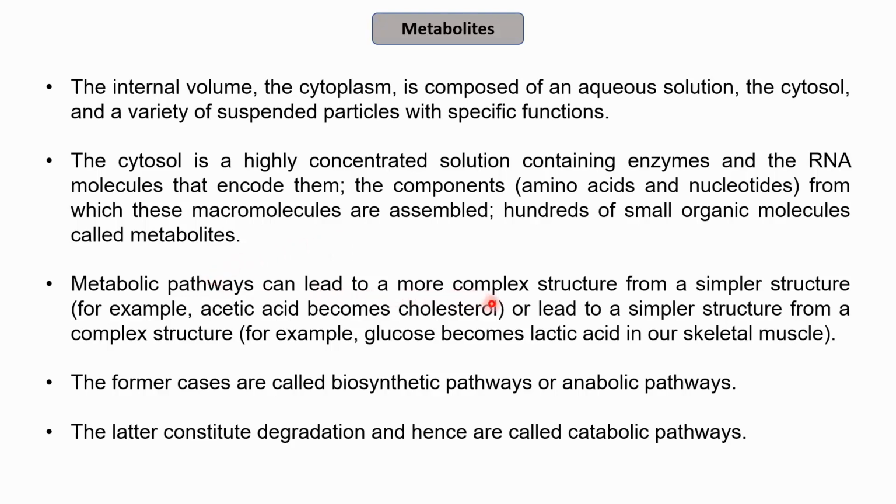Metabolic pathways can lead to a more complex structure from a simpler structure. For example, acetic acid may become cholesterol, or it may lead to a simpler structure from a complex structure. For example, glucose becomes lactic acid in our skeletal muscles. So there may be a formation pathway, there may be a pathway in which degradation happens. So during the metabolic pathways, sometimes a complex structure may get converted into a simpler structure, or on the other hand, a simple structure may form a more complex structure